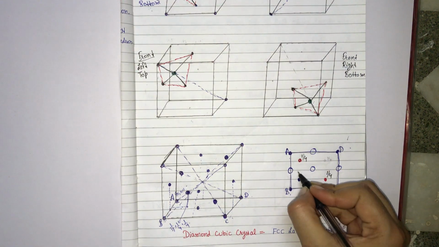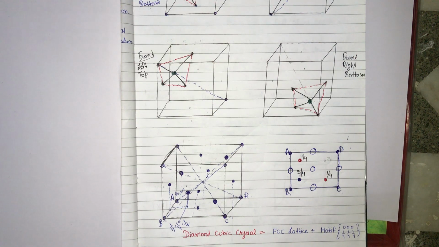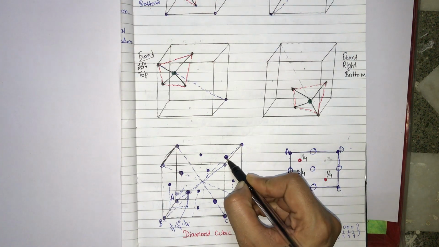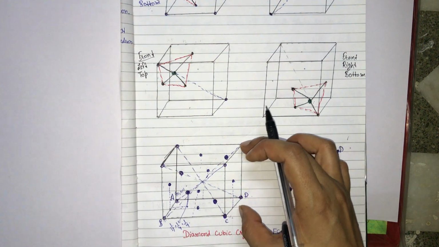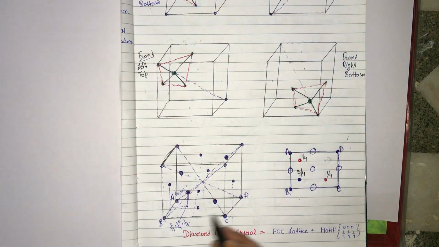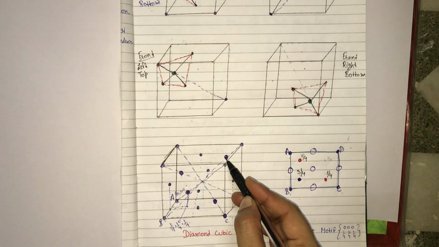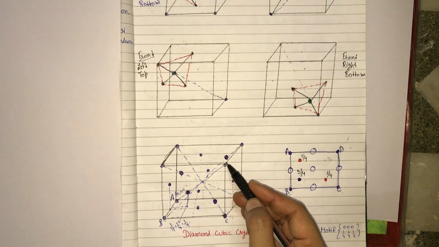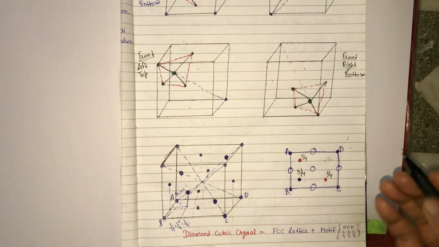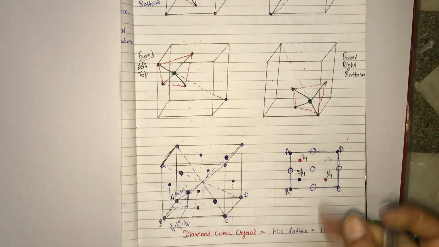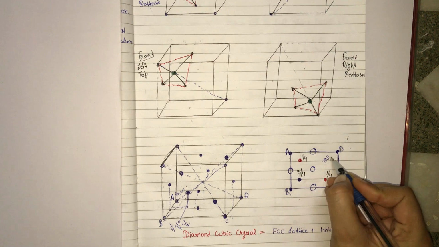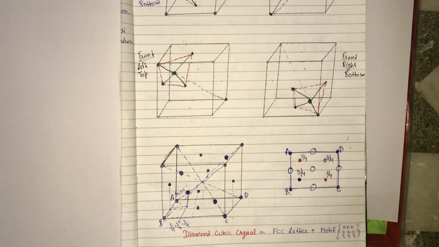This is the 3/4 of body diagonal. Now project this carbon atom location. This carbon atom is also, if I mark the height of this unit cell, then according to this height from this base, this carbon atom is at 1/4 with respect to the height of this unit cell. Sorry, 3/4 with respect to the height of this unit cell. So another carbon atom is located at this position. This is 3/4. So this is the two-dimensional projection picture of this diamond structure.